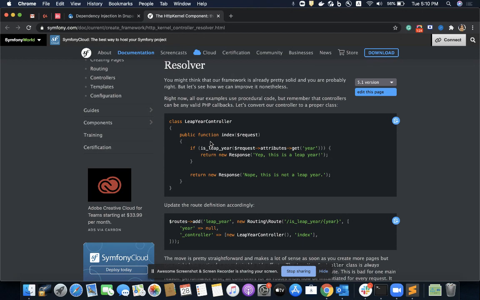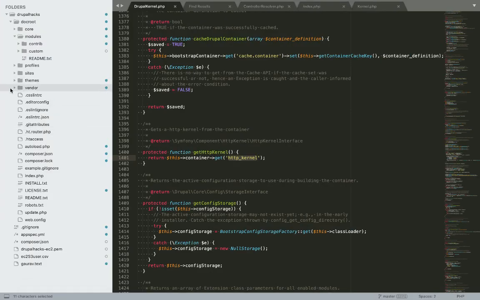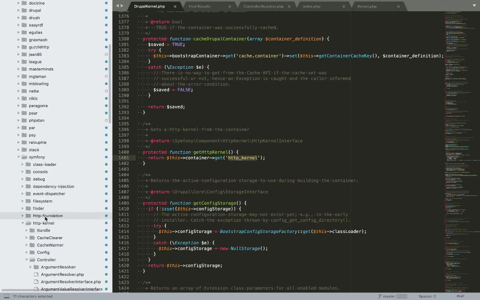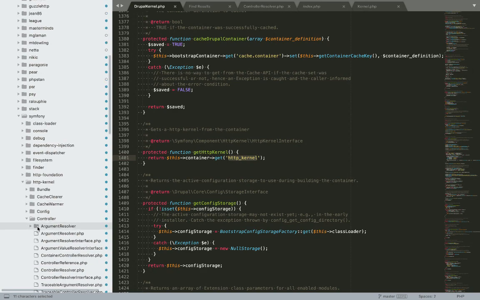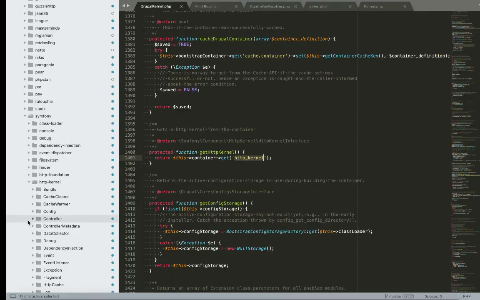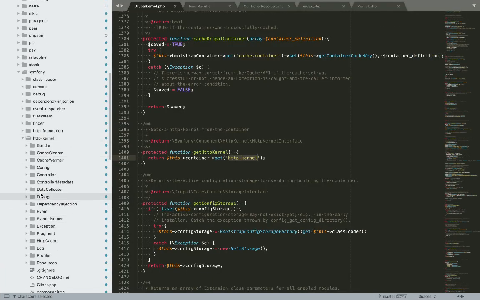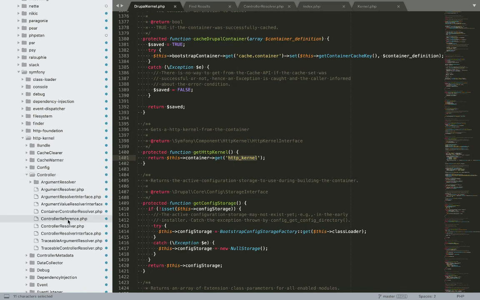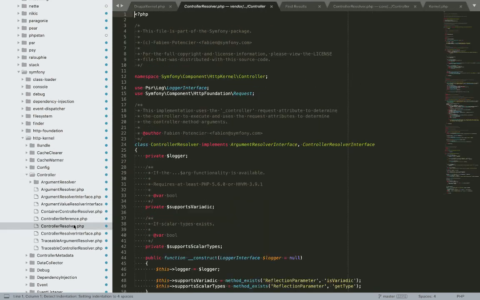HTTP kernel has many components. If I go to this vendor directory and Symfony, and then to this HTTP kernel, I can see it has many components. One of the components is controller and controller resolver.